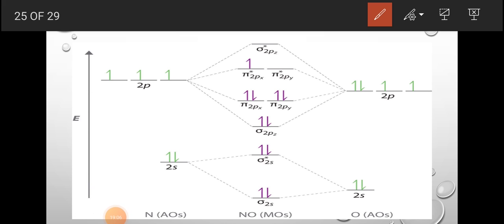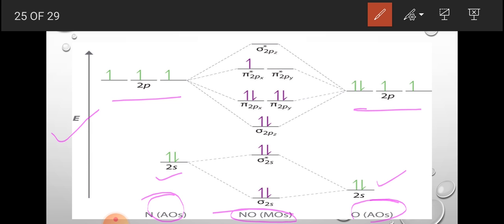For this molecule, we will write the nitrogen atomic orbitals on one side and the oxygen atomic orbitals on the other side. Okay, and in the center we have to mention the molecular orbitals of NO, and we have to draw this energy line. Then we will start making the 2s, we have skipped 1s. 2 electrons. First we will write the electronic configuration, so it will be easy for us to fill the electrons. In 2p the nitrogen contains 3 electrons, in 2p the oxygen contains 4 electrons. Okay, 2s will be easy.